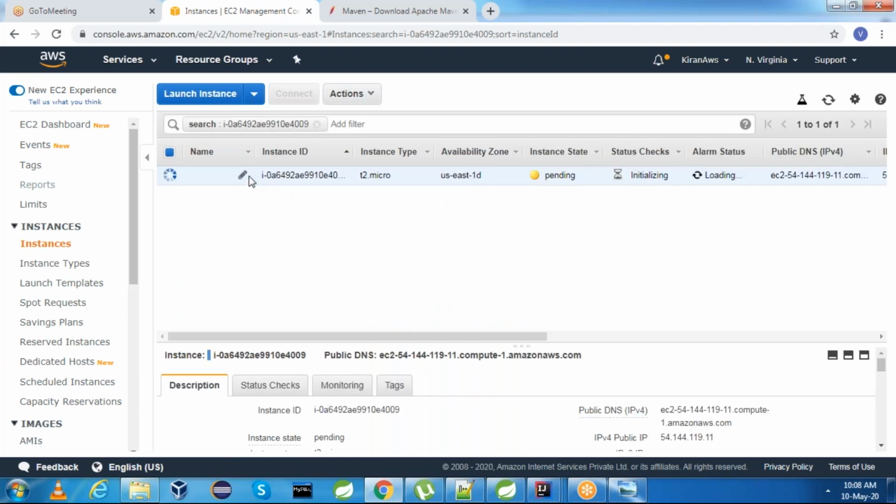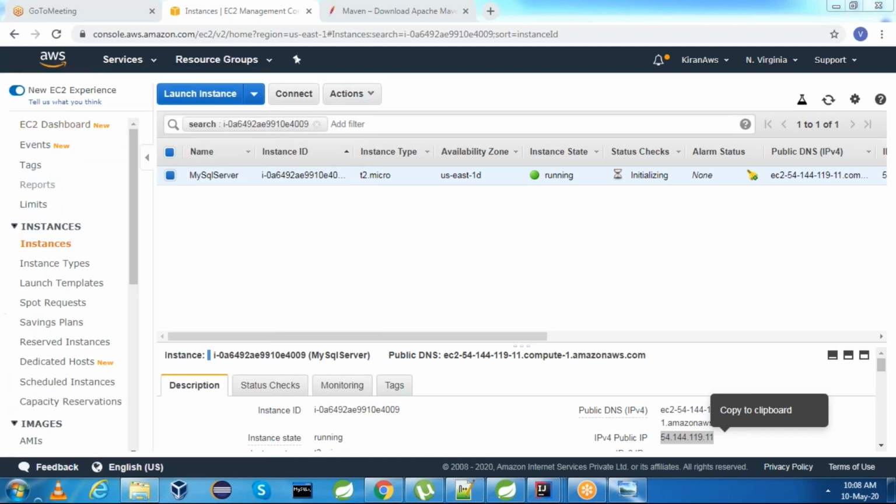Go to the server and I'm mentioning this server as MySQL server. Now grab the IPv4 public IP.